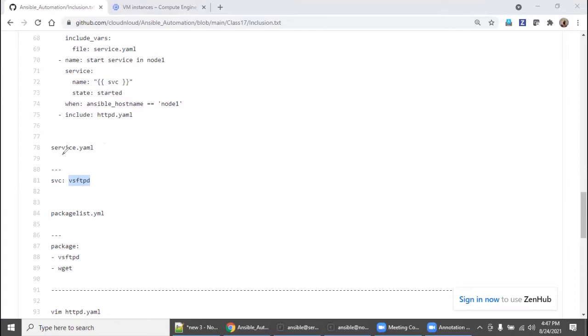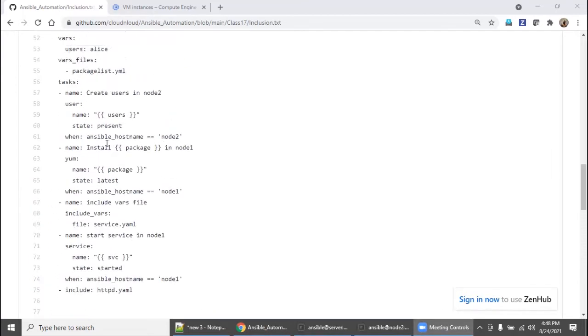For example, this is webserver.yaml, so you declare all web server related variables in this file, and webserver_package_list.yaml for all web server related packages. In that case, if you create any playbook, you can simply call the web server related variables as well as the web server related values from the variable files.